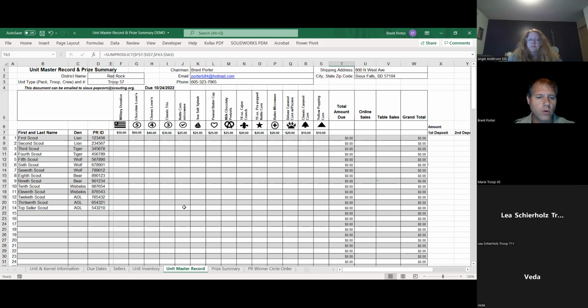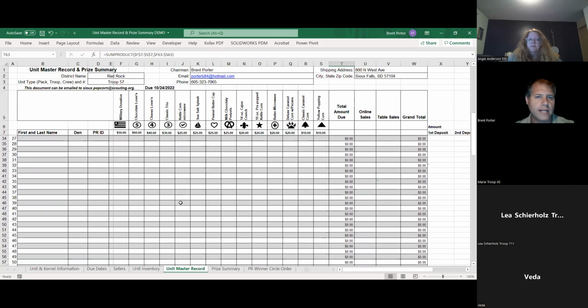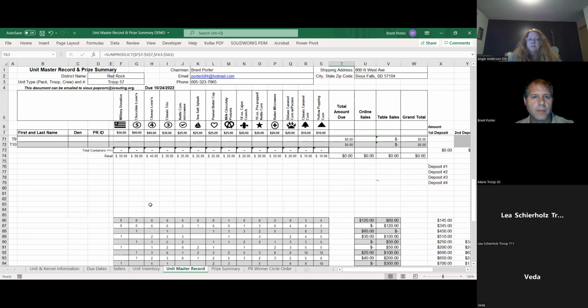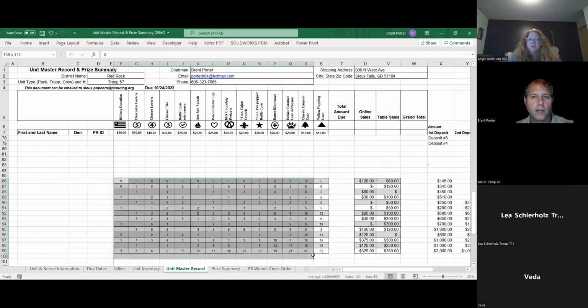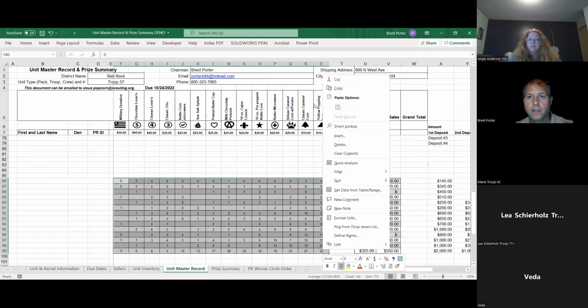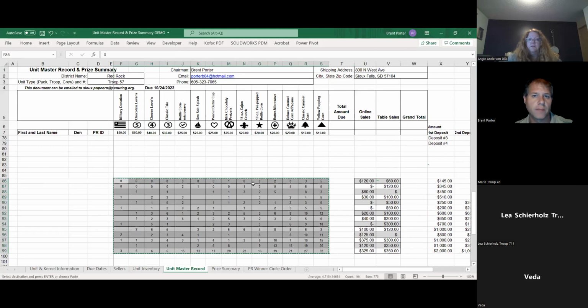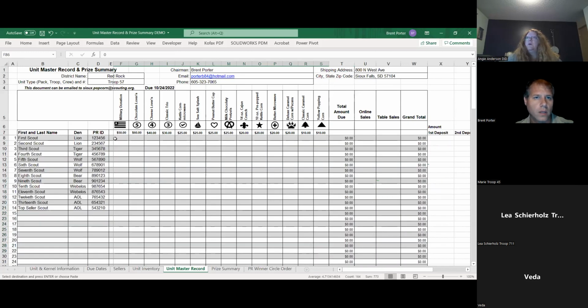I'm going to run through a few scenarios here again so that we can see this stuff in action. If I'm entering these things as my scouts come, I've got a batch of orders that I'm going to just copy and paste in here. Again, this is not going to be on your sheet. This is going to be just on mine because I am trying to give you a few examples so you can see this happening.